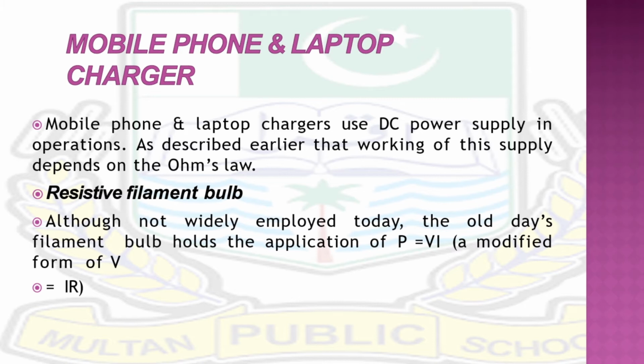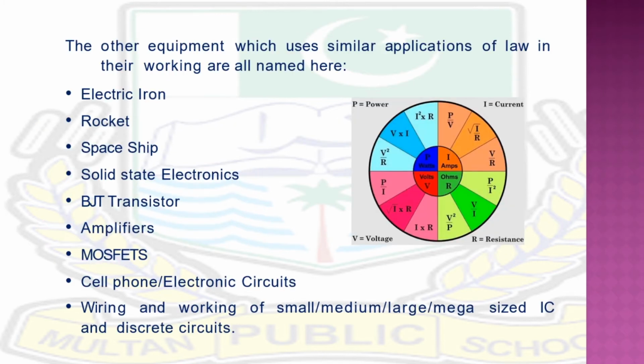Although not widely employed today, the old days filament bulb holds the application of P is equal to VI, a modified form of V is equal to IR. The other equipment which uses similar applications of the law in their working are all named here. For example, electric iron, rocket,